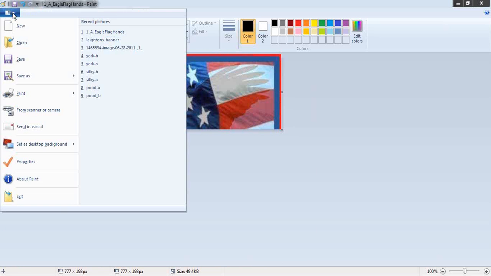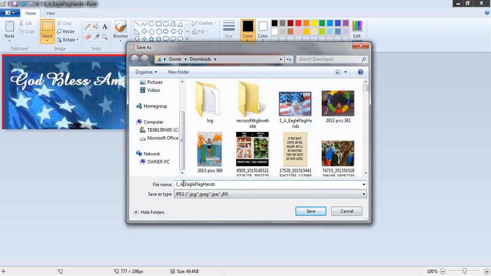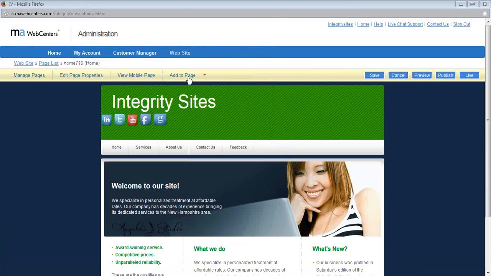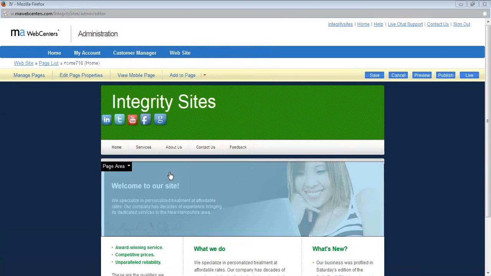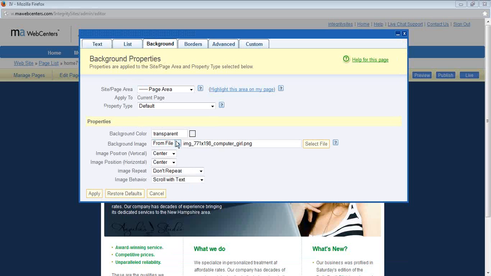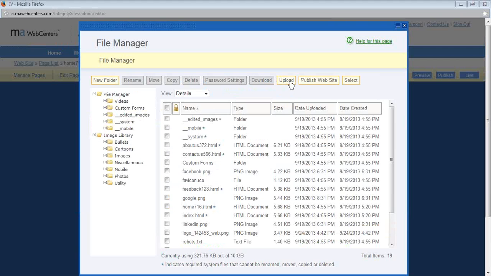I would simply save as a JPEG picture or a PNG file, and what I would do is use those numbers, 777 by 198. Click Save, exit from Paint, and in your website, go to your area, Page Area, Properties, Background tab, Background Image, select File, Upload File,